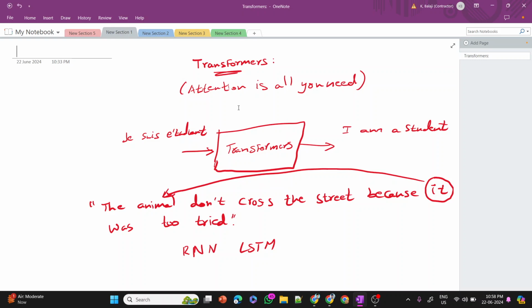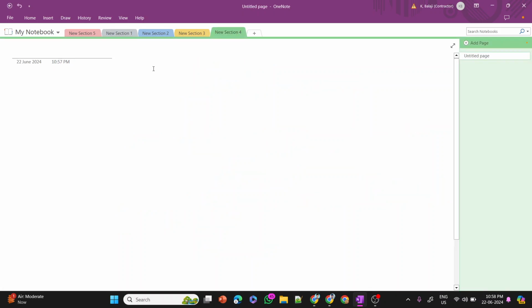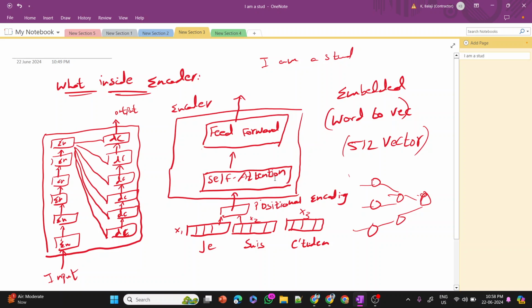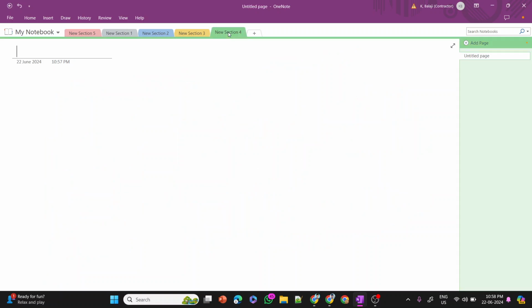The main reason is this self attention block. Because of this self attention block, it can understand the relation between each word and what each word refers to. Like that, it can understand. Inside each transformer, each self attention block,